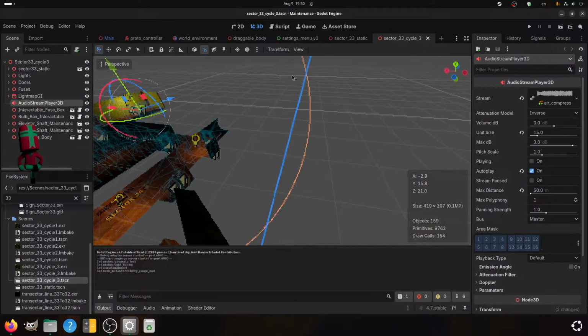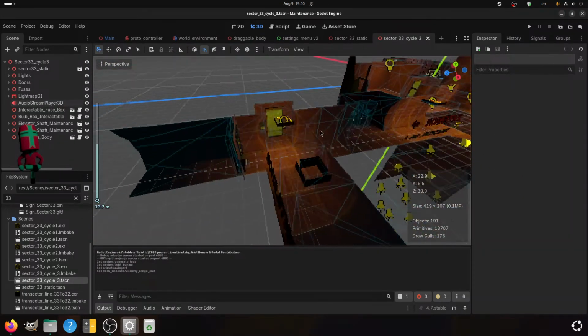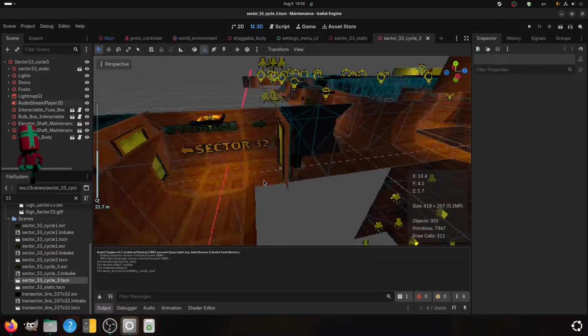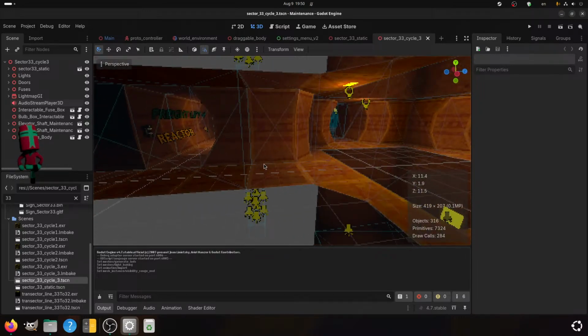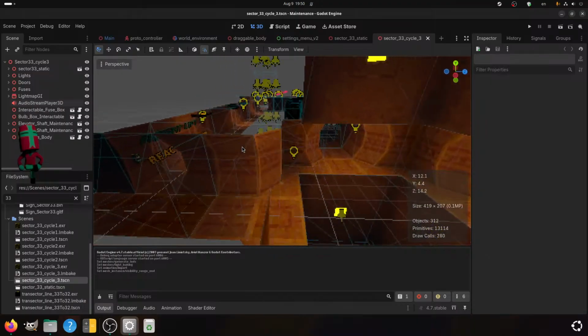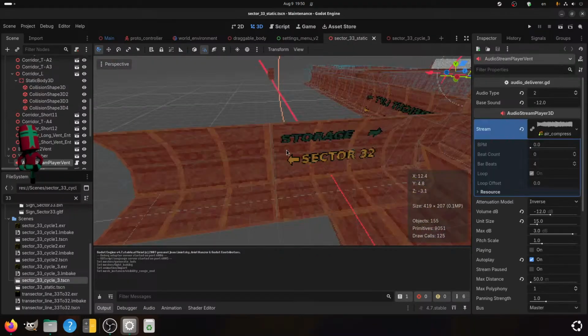Cycle 3. Takes a wee little bit to load. The entrance is over here. Do we have space? Sadly, no. Can, however, place it right here, maybe.